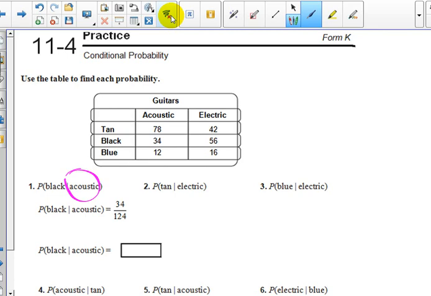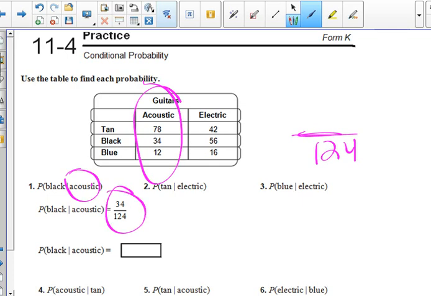So if we draw a black acoustic guitar out of all the acoustics, that second term is your denominator. So total up all your acoustics, 78 plus 34 plus 12, which is 274. Oh no, 124. I'm looking at an old paper here. And actually they have it right there. And then how many of those are black? 34 of those. So it's 34 over 124, which is